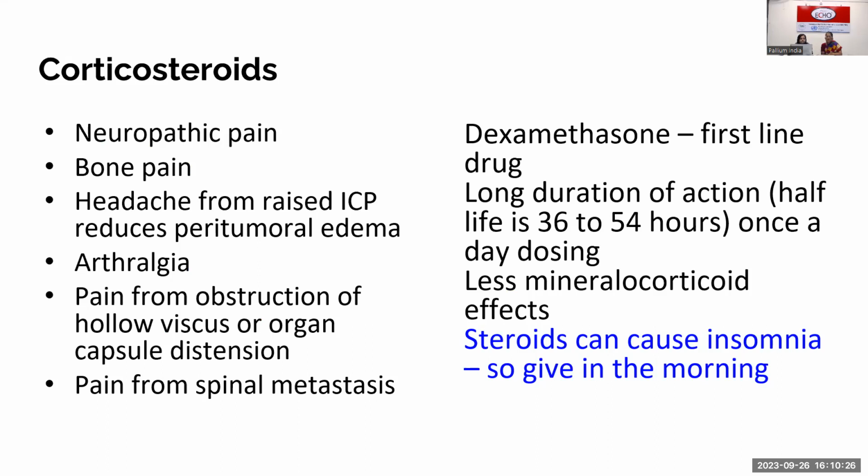And the commonly used one is dexamethasone. It has a long duration of action. And the main benefit is it has less mineralocorticoid effect. And only one important thing I would say is generally it is given either as a single dose, or even if you want to give it as 2 doses, the final dose should be given latest by 2 o'clock or something like that, so that the normal circadian rhythm is maintained. They don't have insomnia or other side effects affecting their general day-to-day routine.